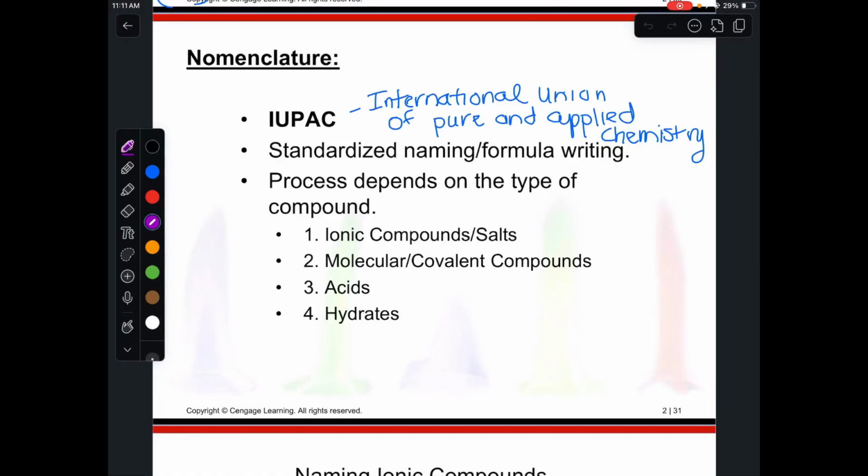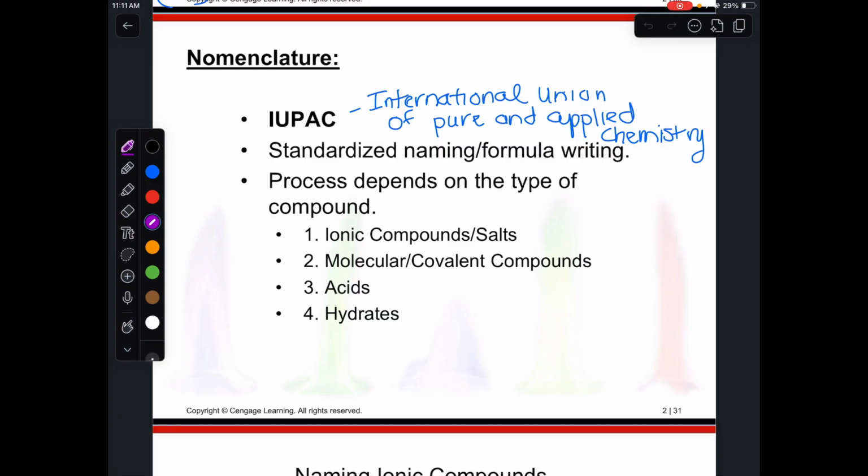We're going to talk about nomenclature. Nomenclature is just another way of saying naming and writing formulas for compounds. The organization that decides how things are named is IUPAC, the International Union of Pure and Applied Chemistry. Things have changed a lot over the years, and who knows what could change in the future. They create that standardized naming and formula writing so that everyone in the entire world is using it